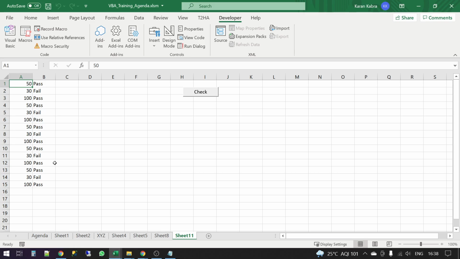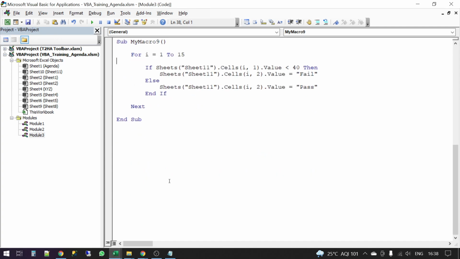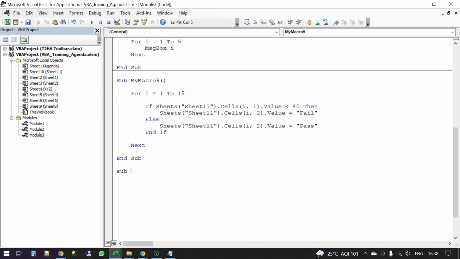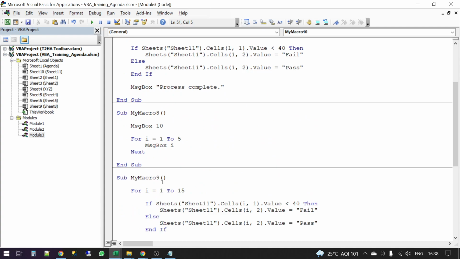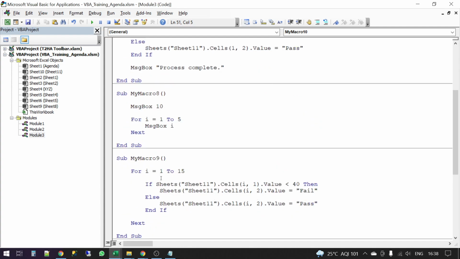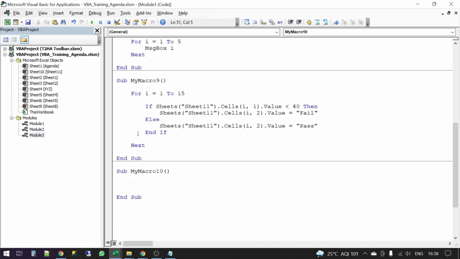How do you run a series of macros like my macro 1 to my macro 3? You can. Not that it's very important to do that; I hardly ever do that. But if you want to run a series of macros together, you just write the word Call: Call my macro 9, Call my macro 8.